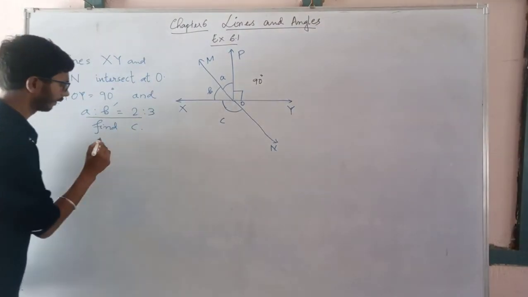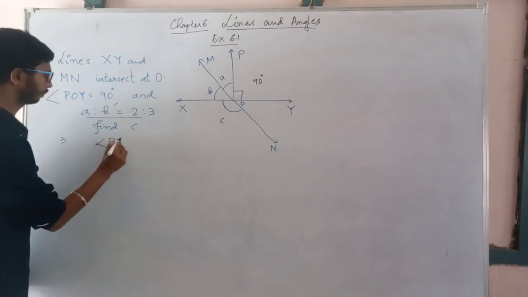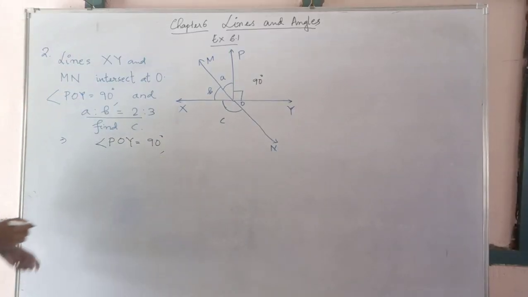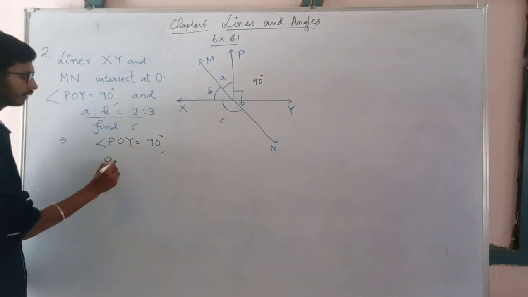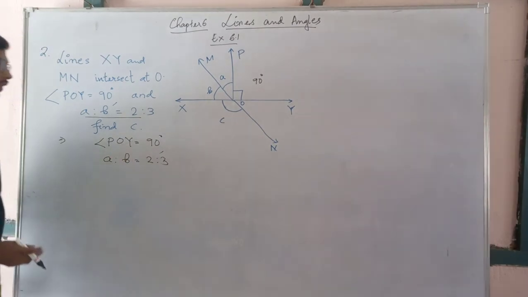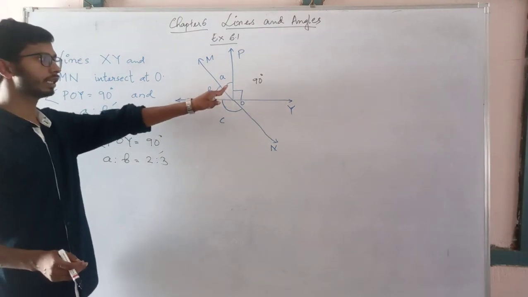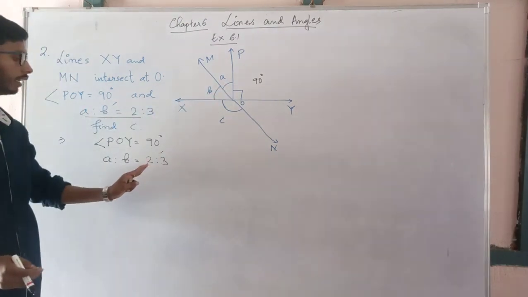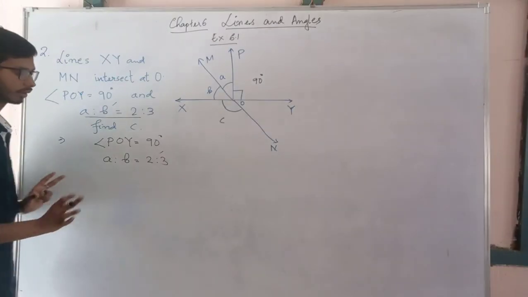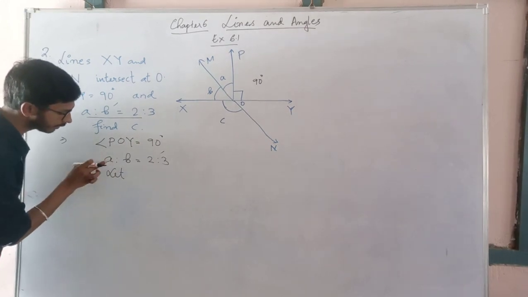So it is given to us angle POY is equal to 90 degree. Second part is A is to B is equal to 2 is to 3. That means the ratio of these two angles, if you divide these two angles, it will be 2 is to 3. So whenever you get such type of questions, what you have to do, let us take the first